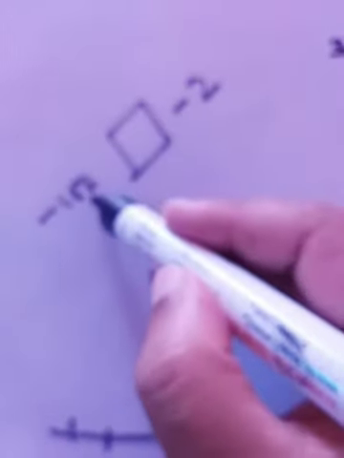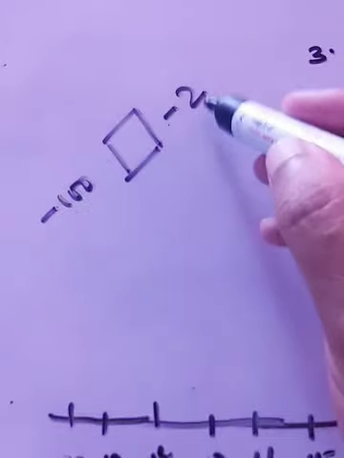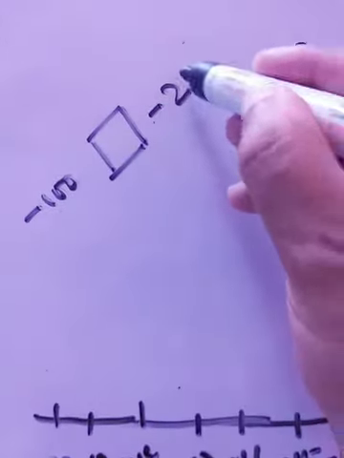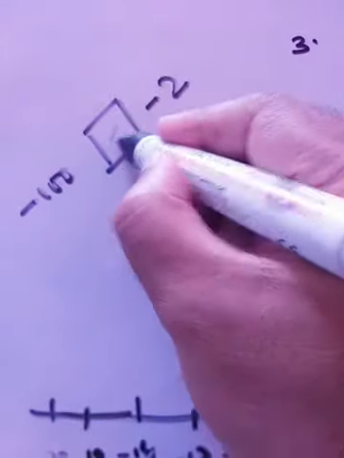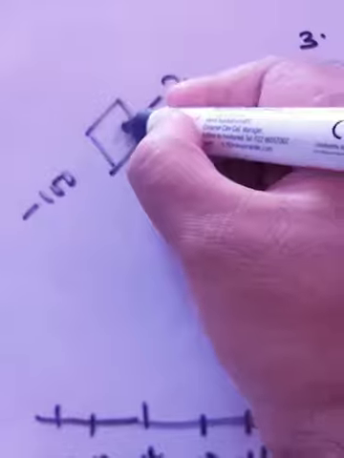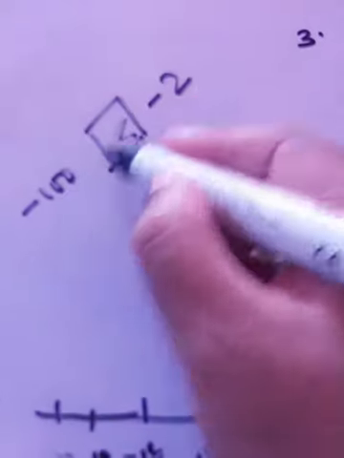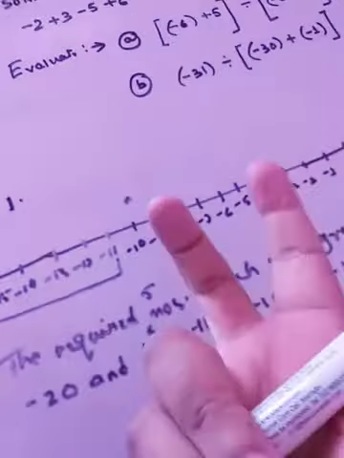So minus 100 is near to 0 or minus 2 is near to 0? Minus 2. So this number is greater. Okay, and this number is much smaller. Then you will write this as this sign, less than sign. Okay, so minus 100 is less than minus 2. Okay, so this is how you keep a conception.